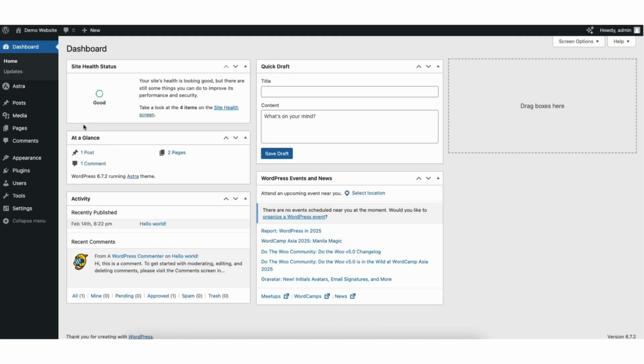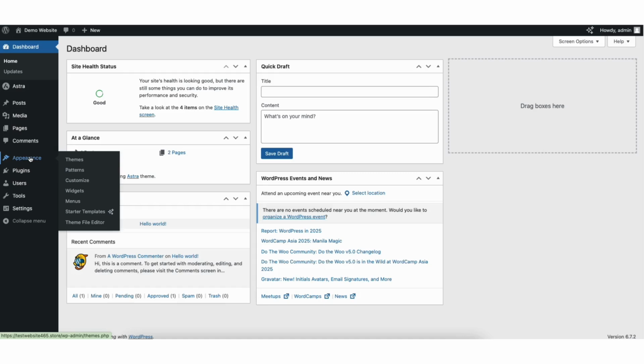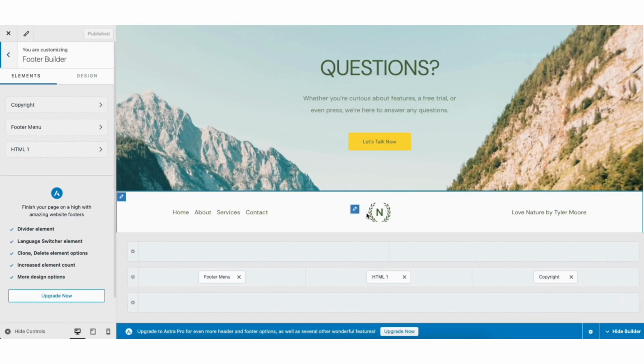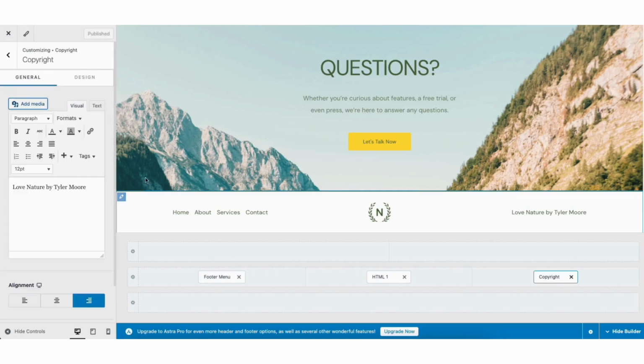Now let me show you how to make edits to the footer, header, and logo of your site. From the WordPress dashboard, if you hover over the Appearance tab in the left side menu, click Customize. It'll take you to the Customize page. To edit the footer, click Footer. You can then click an area in the footer area where you see the pencil icon and start making edits to that section over on the left side.